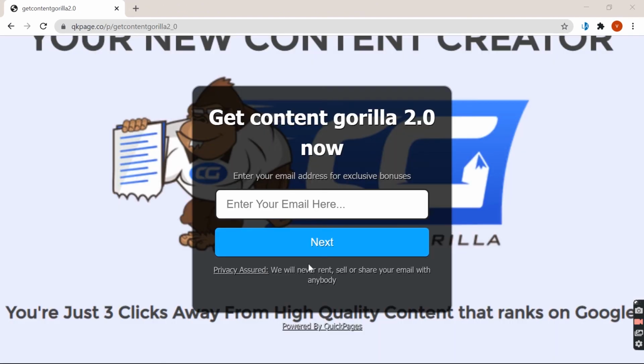So now the next thing is how to purchase this software, Content Gorilla 2.0. I have given the link down below. As you can see, this is the link I've given down below, Get Content Gorilla 2.0. Just click on the link and you will land on this particular landing page. Once you come on this page, you have to just enter your name and email ID.